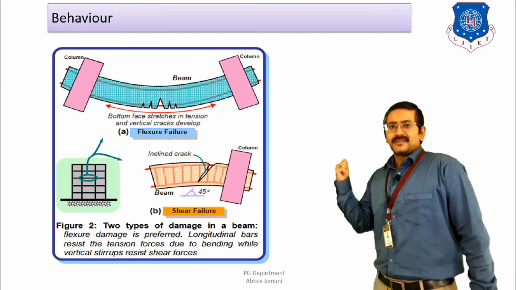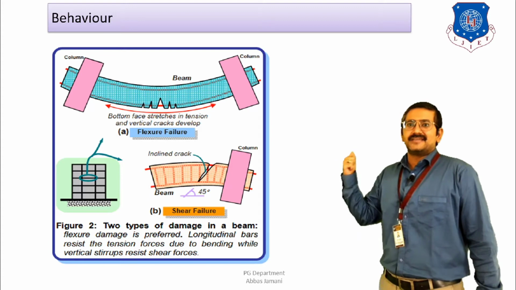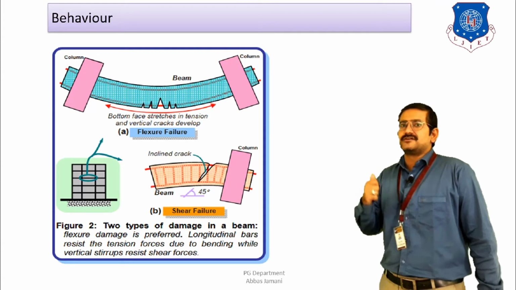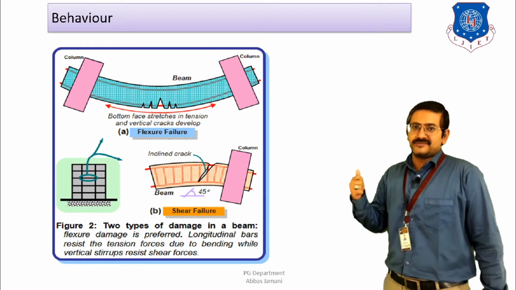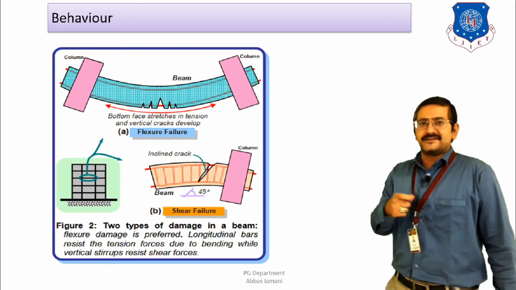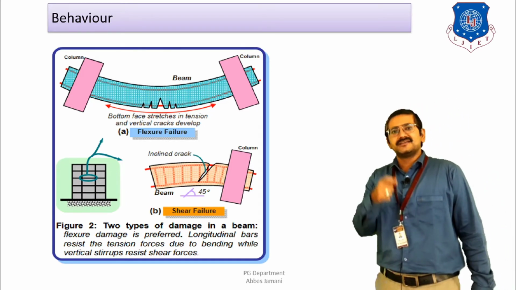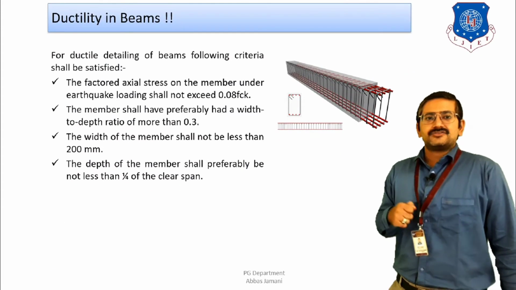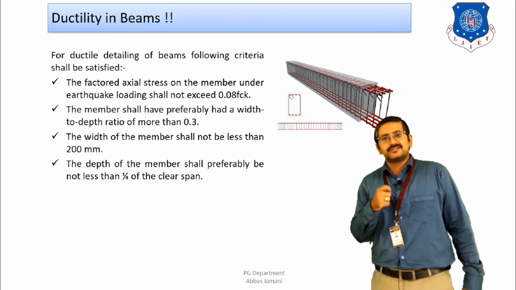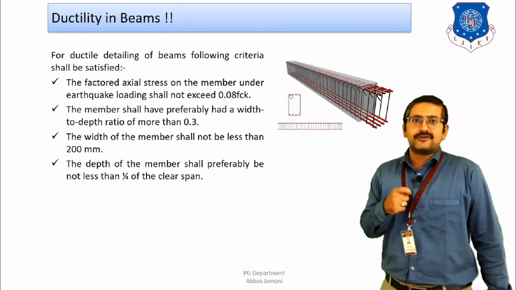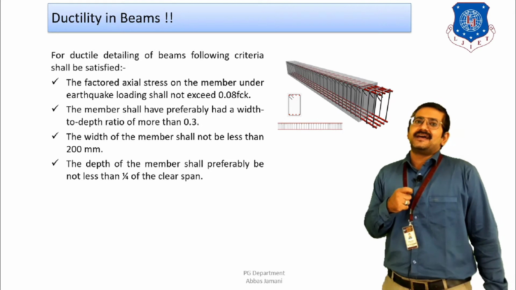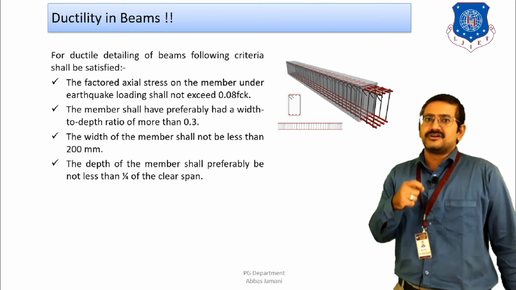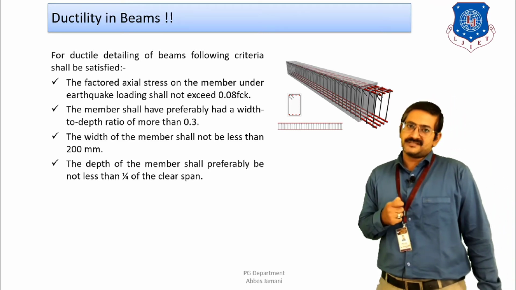In case of shear also, if the shear cracks are happening, then as a result of that again a brittle failure will start, and we do not want that type of failure, right? As a result, ductility has to be introduced in the members, and if it is introduced, then the elongation of bars will take place, and as a result the ductile failure will be possible, right? So we have understood the significance of ductility in beams, but if I want to introduce the ductility, then there are certain guidelines given by IS 13920, and I have to strictly follow these guidelines in order to ensure that the ductile behavior of horizontal members is achieved, right?